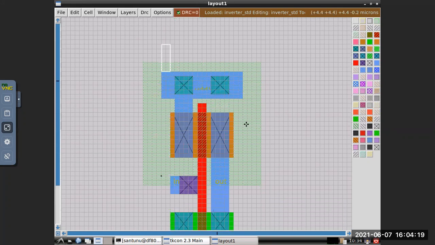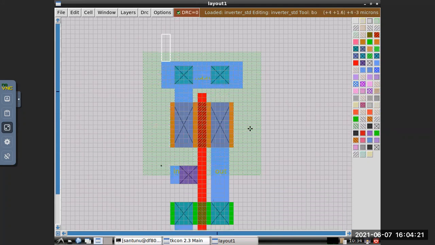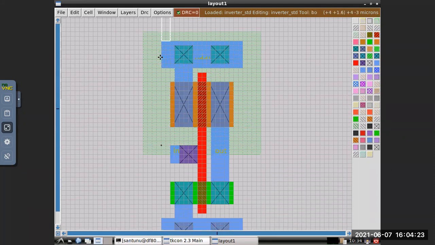So from that, this is 2 micron. No, it's 3. No, this is 0 and 4. Yeah, it's 4. No, it's 0. It is 0.